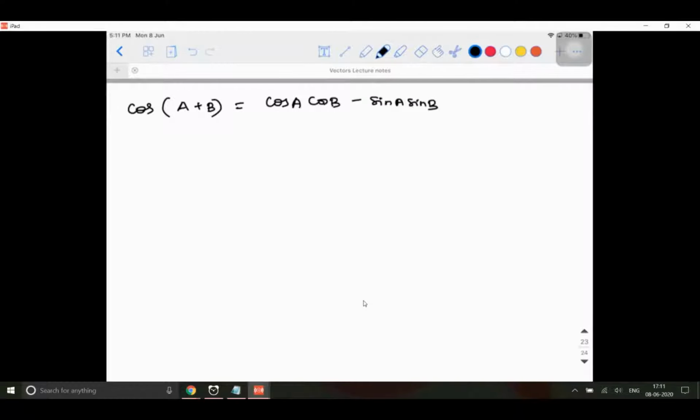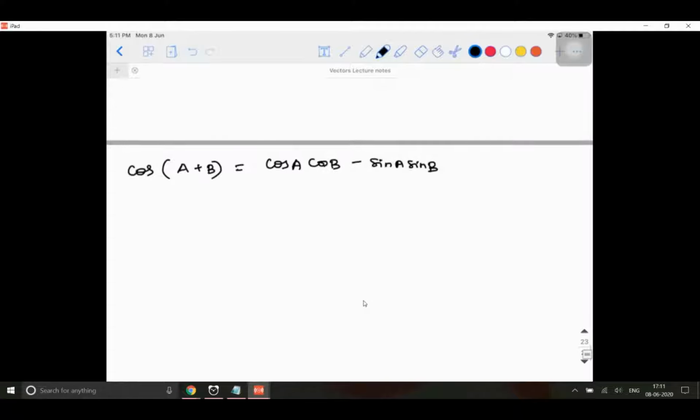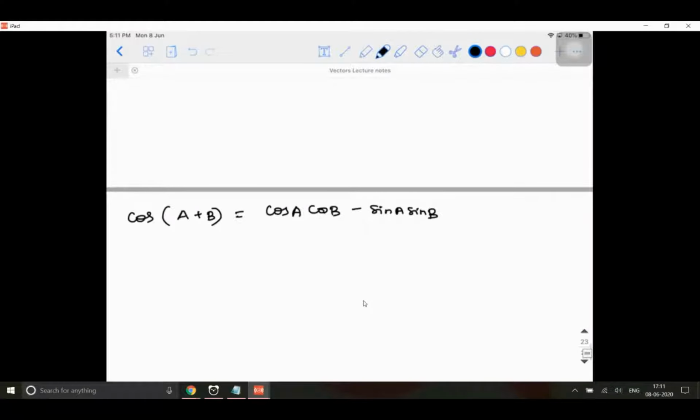In trigonometry, in today's math class, we are going to see the applications of this. So this is the formula I'm going to teach you today. But there is going to be no derivation. Here I'm going to show you how vectors can be used to get into the trigonometric concept. So the formula is cos(A plus B) is cos A cos B minus sin A sin B. You might be wondering what I am doing actually, why am I writing all these things? Now let me show you the actual use of this formula.